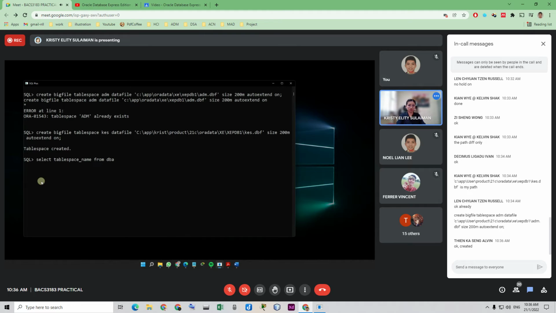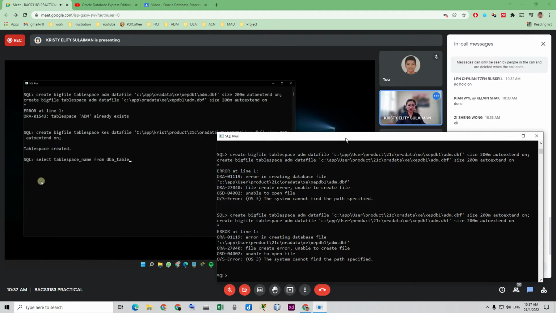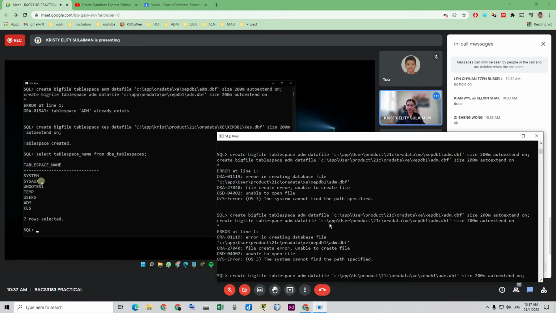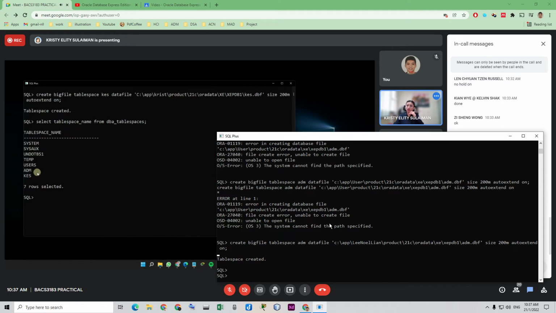You can actually access this command using the arrow button. Now your site should have 6. I have 7 because I created ADM previously.